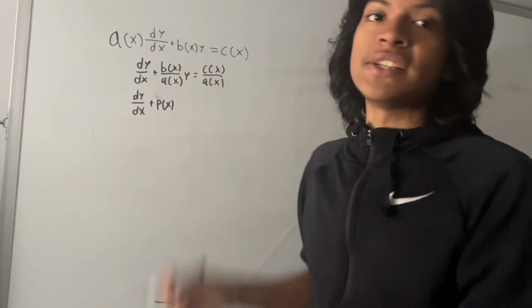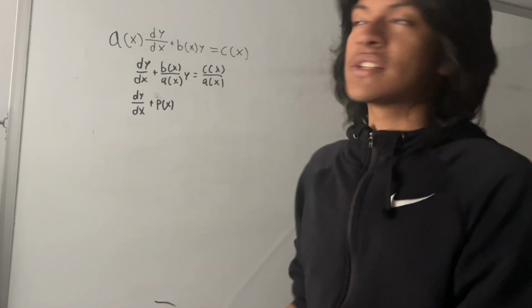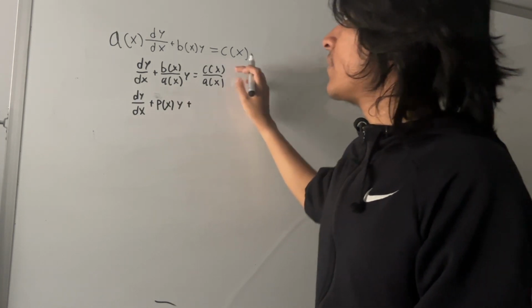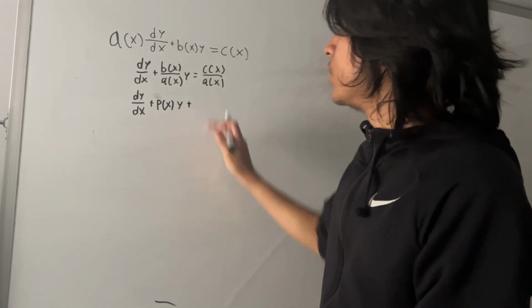We're just going to say it's p of x to crunch it up a bit and make this look less complex. So we get p of x times y. Same thing for this c of x over a of x. We're going to turn it into this new function